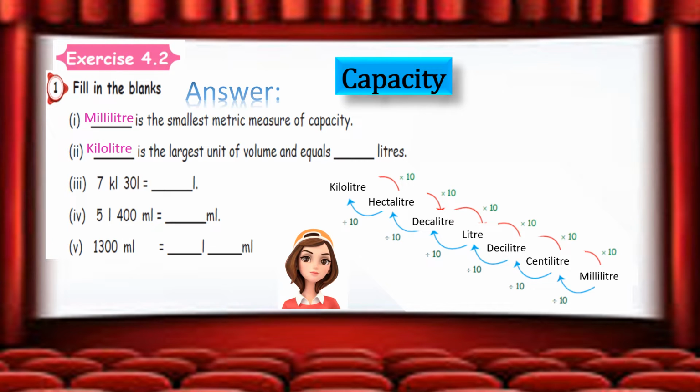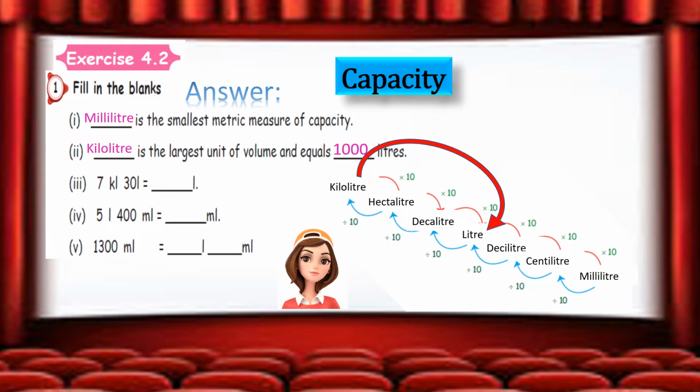So one more dash is there, that is equal dash liter. That is, they are asking 1 kiloliter is equal to how many liters. So from kiloliter to liter, to convert this we need to multiply with 3 times 10s. So 3 10s are 13, don't multiply like that. That is the wrong way. We need to multiply with 10, 10 10s are 100, 100 10s are 1000. Fine. So 1 kiloliter equal to 1000 liter. That is the answer here.